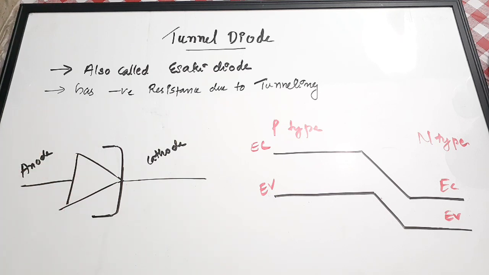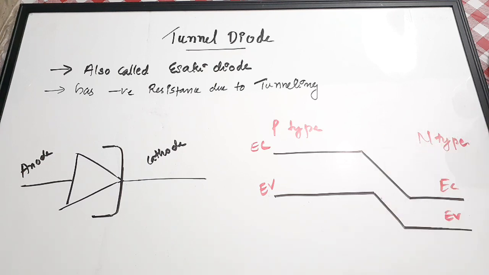Now let's see how this tunnel diode works when it is unbiased, and when biasing is applied, such as forward bias. All these things we are going to see very briefly. Then we'll be discussing 10 important questions from the tunnel diode session. Just like we have done for Zener diodes, we'll be doing for the tunnel diode also. We are mostly interested in MCQ type questions and answers, so we'll be seeing that also.